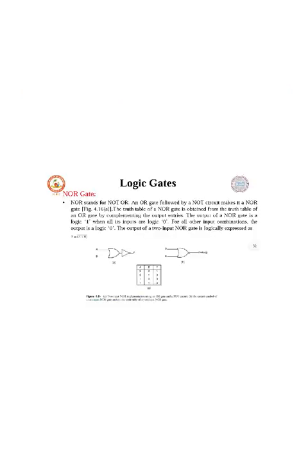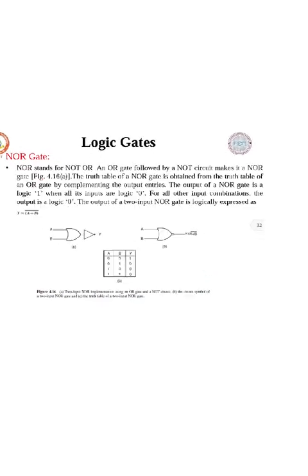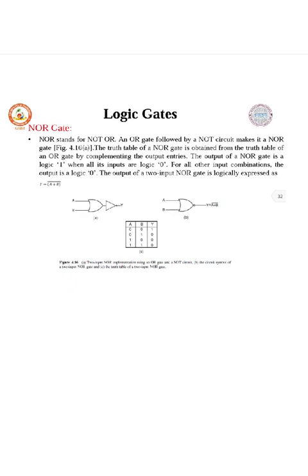NOR gate. NOR gate stands for NOT OR. I repeat, it is nothing but the opposite of the OR gate. So we are just adding a NOT symbol to an OR gate. An OR gate followed by a NOT circuit makes it a NOR gate. The truth table of a NOR gate is obtained from the truth table of the OR gate by complementing the output entries. You can see the output of the NOR gate is 1 when all its inputs are logic 0. For all other input combinations, the output is